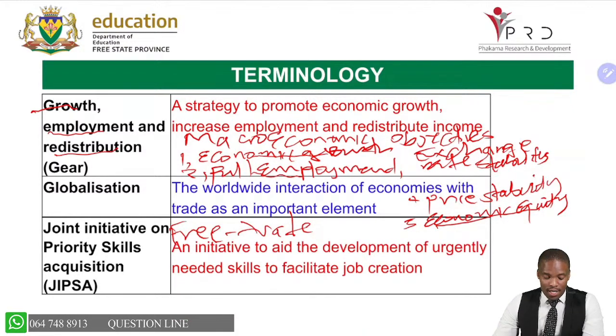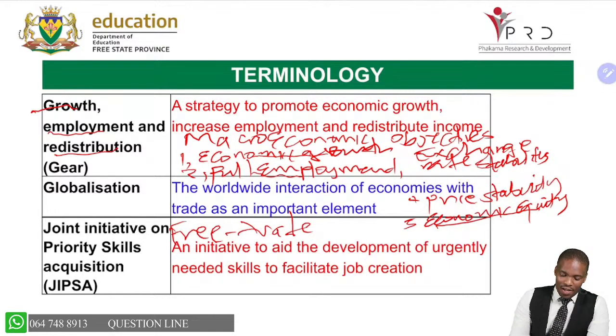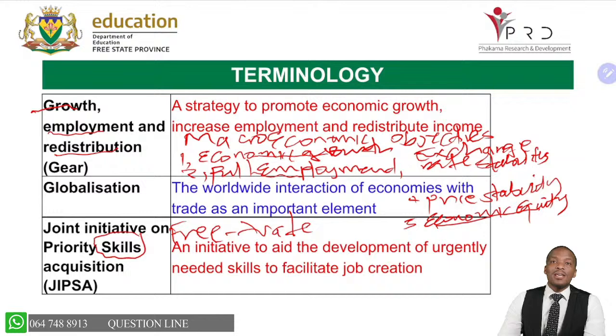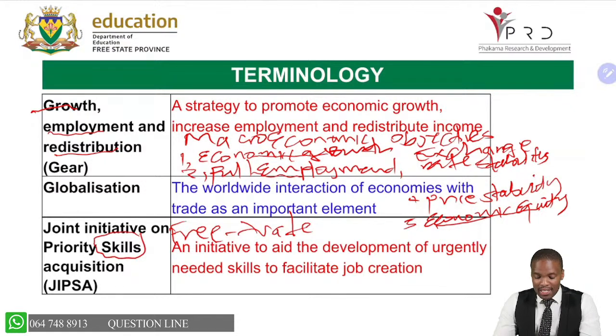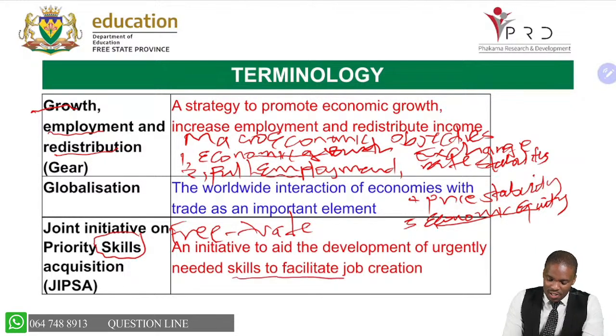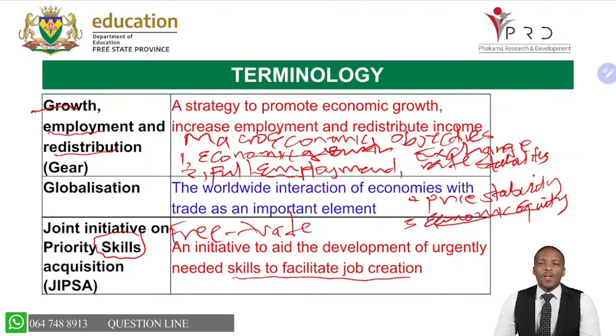Another one, it is called the GIPSA, Joint Initiative on Priority Skills Acquisition. I think that's a key there. The word there, skills, is the key. It's an initiative to aid the development of urgently needed skills to facilitate job creation. As you remember, when you did the characteristics or when you did factors of production in grade 11, you were saying that South Africa is mostly classified with semi-skilled or unskilled labor. And therefore, this policy was introduced to urgently facilitate or to urgently promote skills that will be needed for more